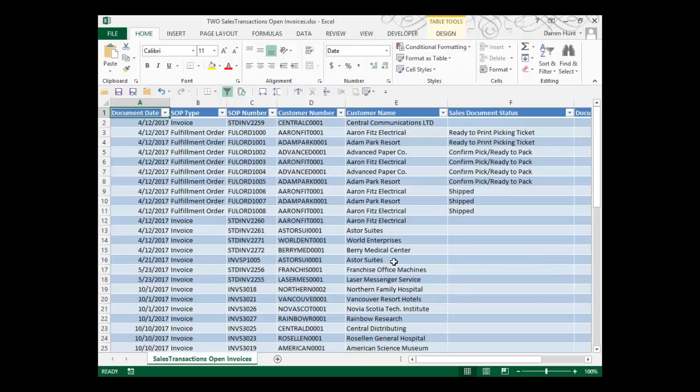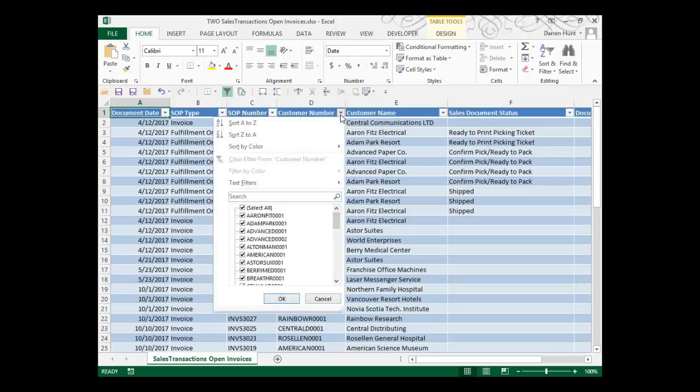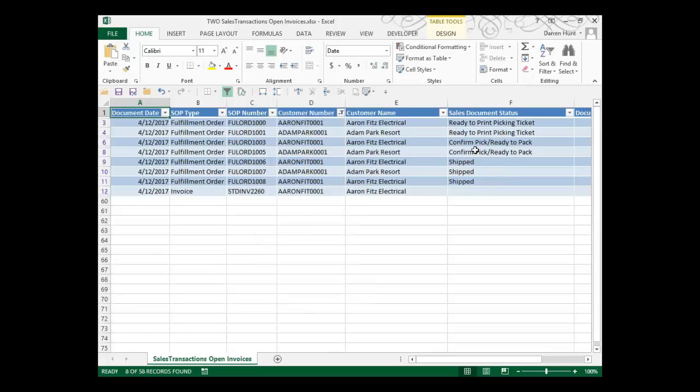Some of the things that I was mentioning to you is that this table that the GP Excel reports are designed in gives you things like filters. So here, if I really only wanted to look at a couple of customers real quick, I can multi-select them, and I immediately have a list of all of my, in this case, open orders, whether they're invoices or fulfillment orders, for those customers. And that was very fast, because a minute ago you were looking at, I don't know how many, thousands of